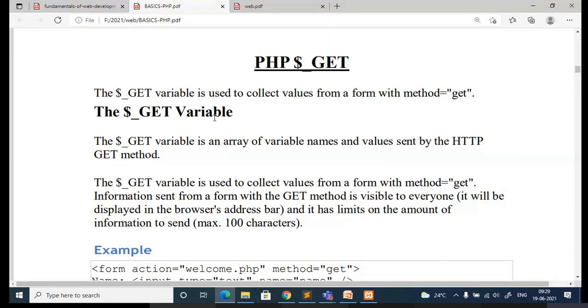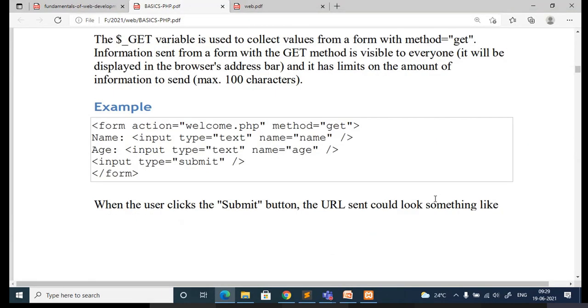So your $_GET variable is an array of variable names and values sent by the HTTP GET method. So you can use this variable only when you are using the form method as GET. In case you are using POST, then you have to use $_POST here. Information sent from the form with the GET method is visible to everyone. We have already discussed that, and there is also some limitation with the GET method.